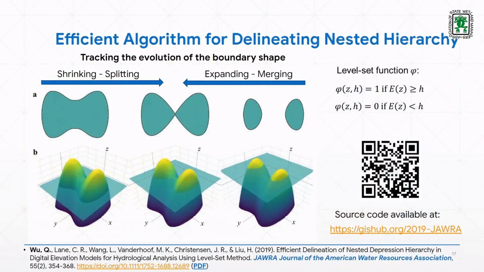Okay, and the next one, more recent, is a new algorithm we developed to delineate the nested hierarchy. As you see from some of the time series NAIP imagery, they are very dynamic. From left to right, you will see the shape changes. Basically, one wetland splits into two individual ones. But from the right, two individual ones can merge together into a bigger wetland complex. This algorithm can delineate the hierarchy and also a number of attributes that provide more realistic information about each individual depression and wetland,